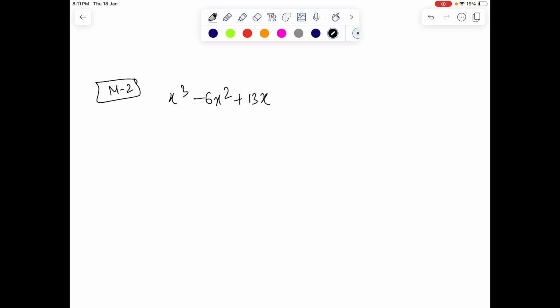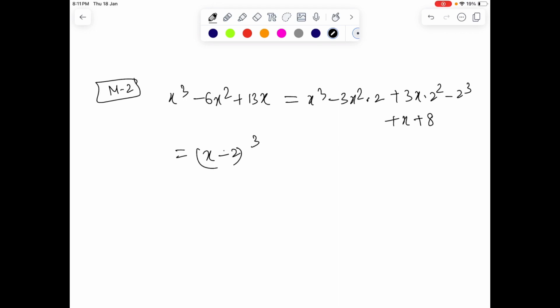You can solve it in another way also. As you have noticed, take the expression x cube minus 6x squared plus 13x. That can be written as x cube minus 3x squared into 2. We can try completing the cube, right? Plus 3x into 2 squared minus 2 cubed. So we have to add 8 and subtract it. That gives you x minus 2 whole cube, right? Plus what is left over is x minus 2